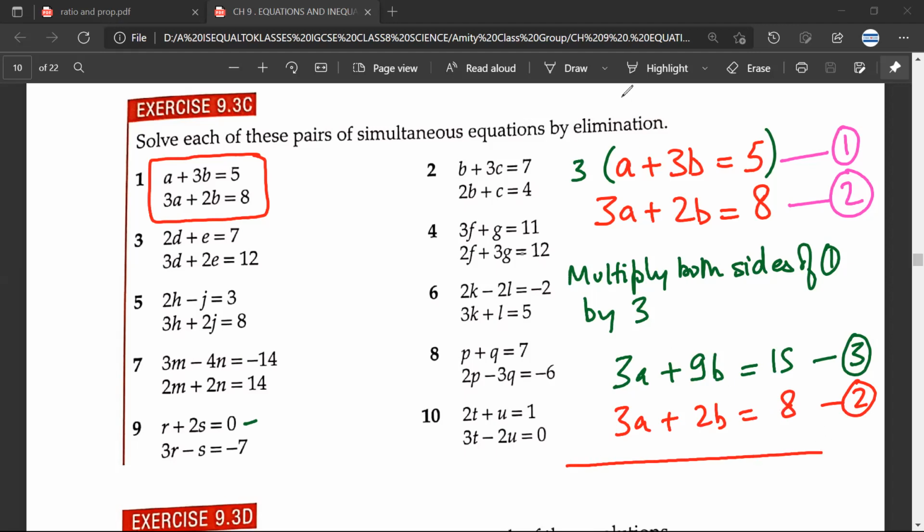Now, sir, we have to cancel the A. First, we need to change the sign because we are subtracting the two equations. So the first will be minus, the second will also be minus, and the third will also be minus. So these A's will be cancelled. Shabash. Then it will be 7B is equal to